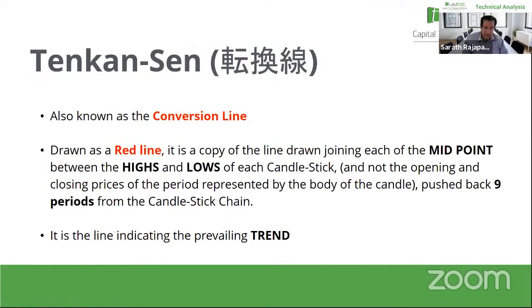Right. Tenkan line is also known as the conversion line. It's usually drawn as a red line. It's drawn parallel to the line joining the midpoints between highs and lows, not opening and closing in the candlesticks. You know, the body of the candle is opening and closing. If it's a green candle, opening is the bottom of the candle body, and the top of the candle body is the closing price. Whereas the two shadows, upper shadow and lower shadow, which look like a wick on the candle,